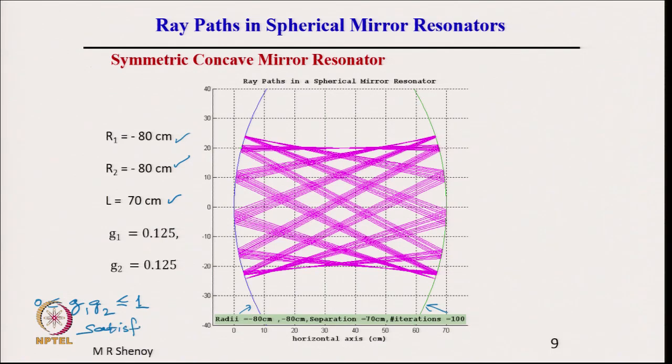So, this is a stable resonator, and what you see is the rays which are confined. There are rays plotted with different angles, and the rays shown are those rays which are confined. Obviously, if a ray starts from here at a steep angle like this, it will go out. But what is important is if the resonator is stable, then one can always find ray paths which are retracing back and forth and remain confined to the resonator.